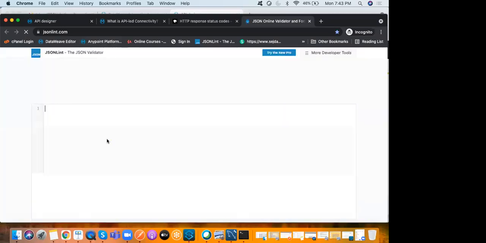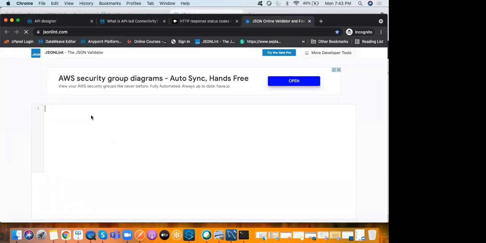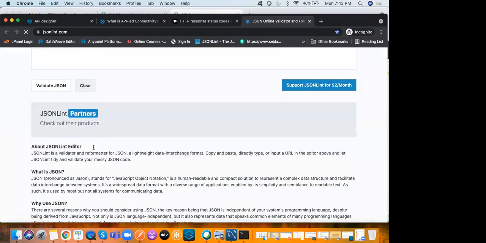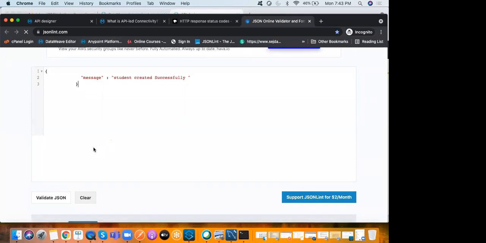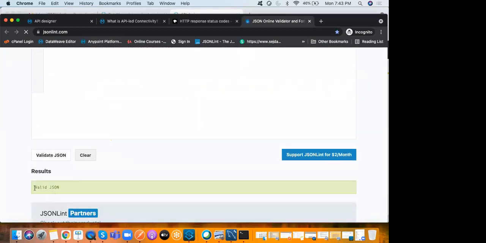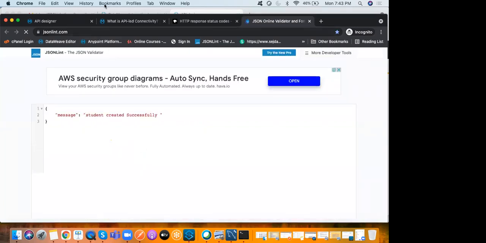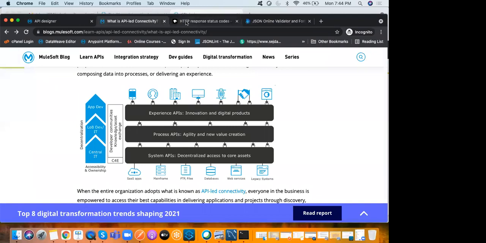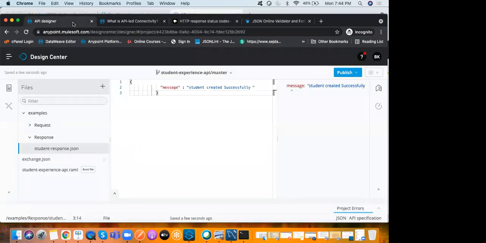If it is one line or two lines, we can easily identify. If we have 300 lines, 500 lines, at that time it is very difficult, right? So for that purpose you can use this. I wrote a message, click on this, valid JSON. You can see this is the valid JSON. So now you can copy this and you can paste it in your code. I already pasted it, I got the output. Now if I come here,